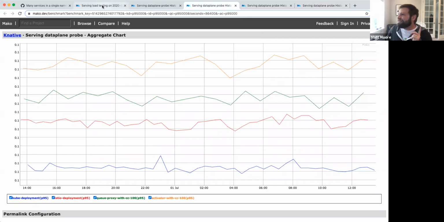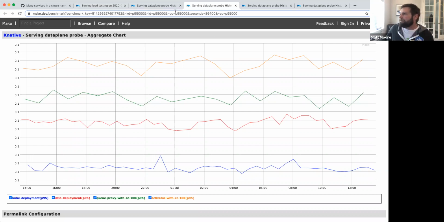So these are fixed provisioning. We're not scaling up or scaling down. This is intended to be pure network latency. And I think for this we're sending 1,000 QPS for a couple minutes, but it's provisioned so that it doesn't have to scale up or scale down. In fact, I think it's clamped so that it won't scale at all. And so it's measuring pure network overhead here.